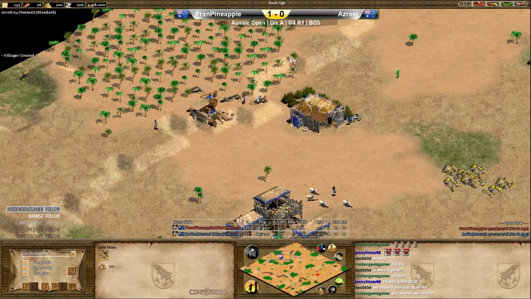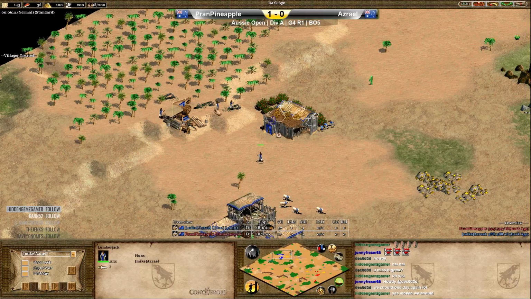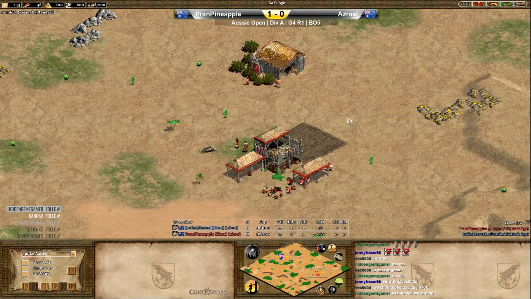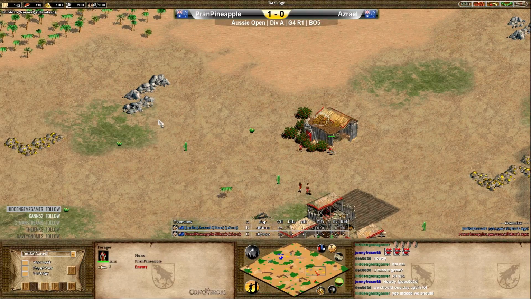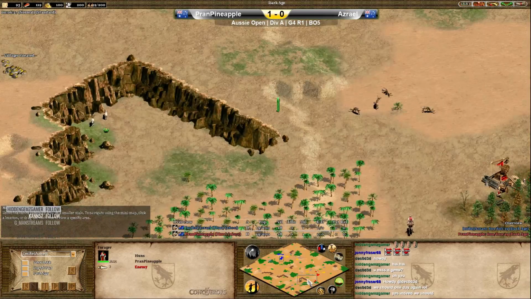Now, both of these guys, I believe, have sent 3 villagers out to wood, so that's only indicative to me of a scout rush. Obviously, he's not going to have enough wood income for either of these players to be going for a drush. So I'm expecting scout rushes all round, and like I said, if Pran comes here and lures in these deer,